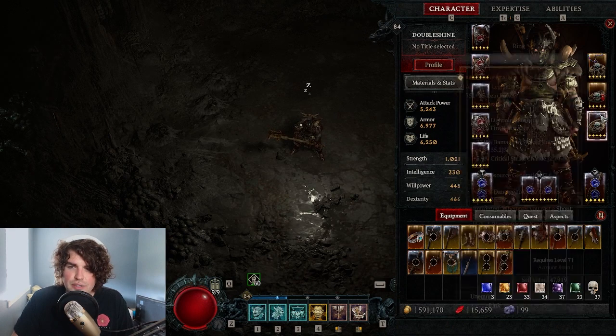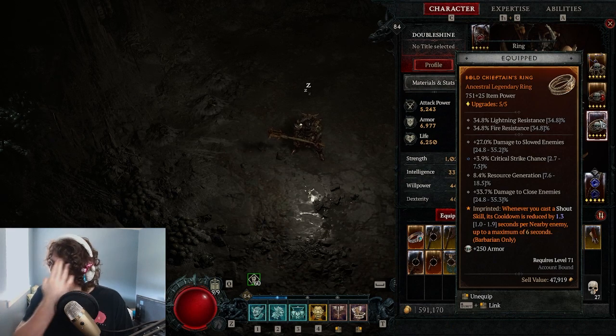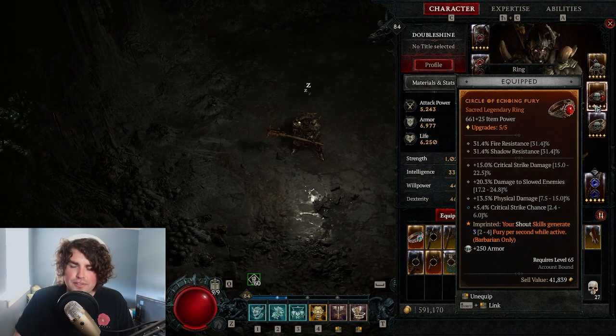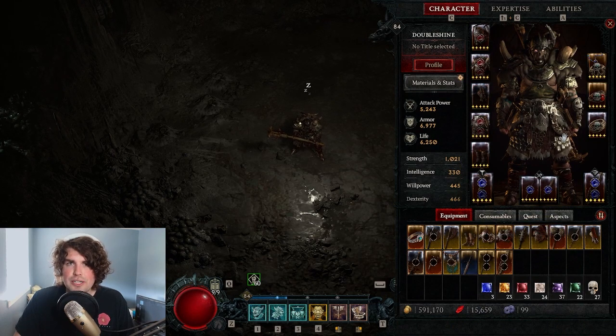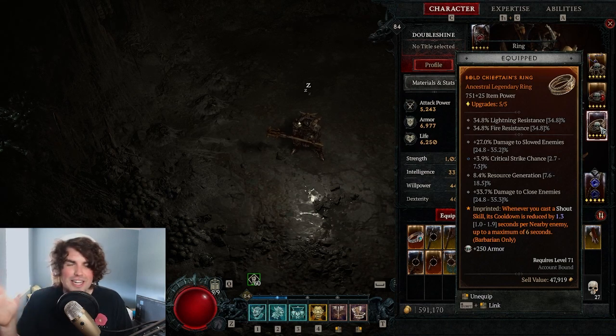These two rings, Echoing Fury and Bold Chieftain, are so important to pretty much every bard build I've seen come out at all. So you definitely want to be trying to get these rings as soon as possible. Even if it's not a perfect roll on the legendary, you have to have these. They're so important. I would really recommend that if you're struggling to get the rings, spend as much time as you can gambling obols at the obol vendor for rings,